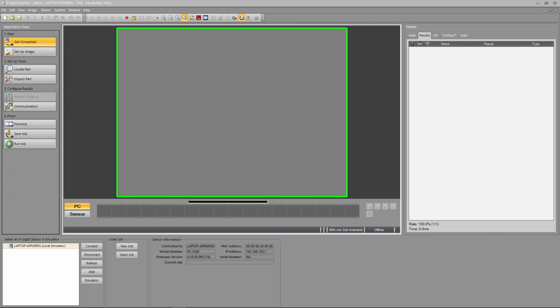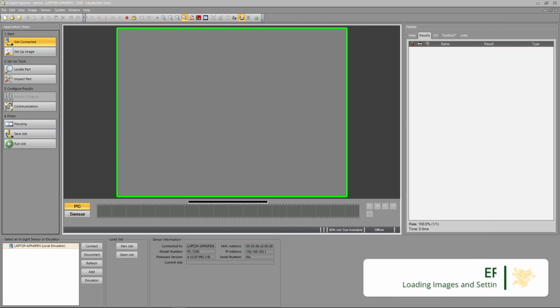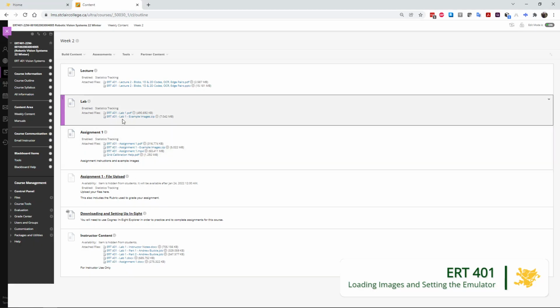Okay, in this video, we're going to look at taking images and loading them up in the emulator, and then also making sure the emulator is set to the right setting. So let's go to Blackboard. Here are the example images right here